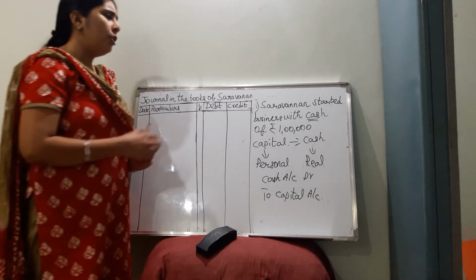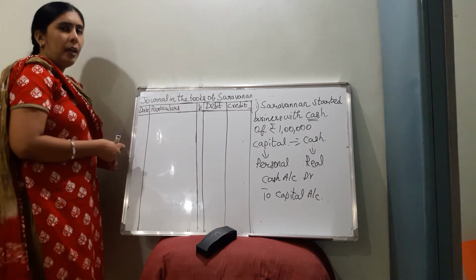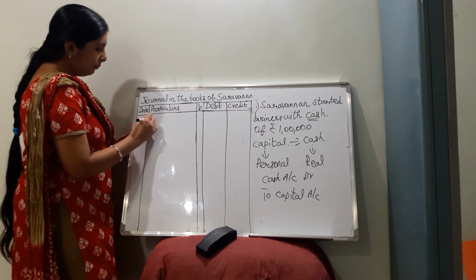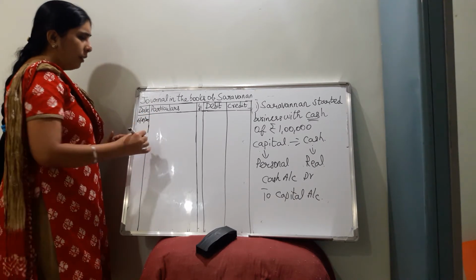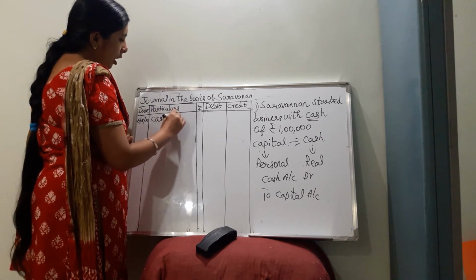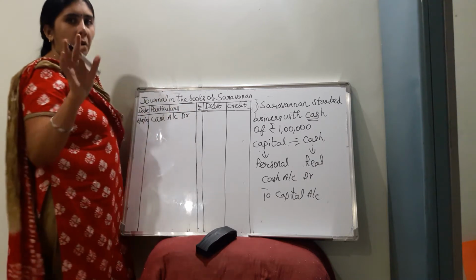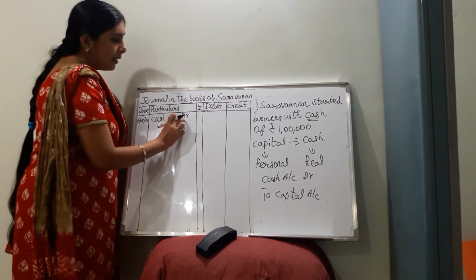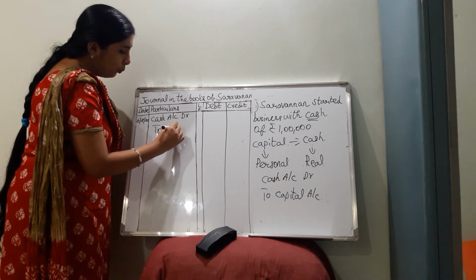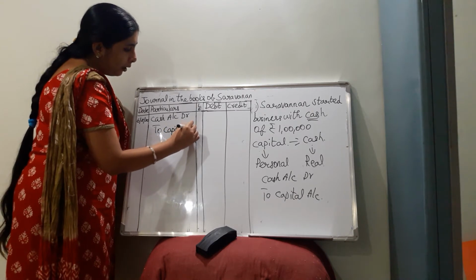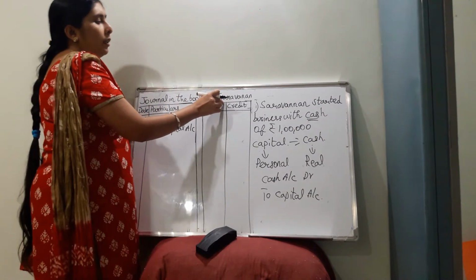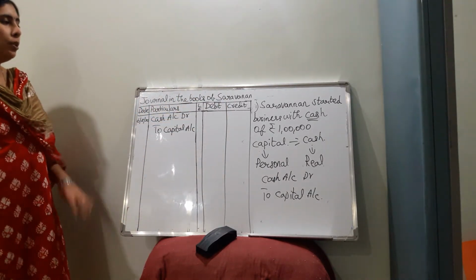Okay, here I have not mentioned any date. You can even mention today's date, as he has started business today. So what is today's date? 6/8/20. Okay, if anything is not given also you can leave it, it's not a problem. So cash account, AC stands for account, you need not write it in full. Cash account Dr. stands for the debit. Okay, for the credit we have to mention it as to capital account, or you can even write to Saravanan's capital account. Both are same. As I am doing it in the books of Saravanan, I have just mentioned it as to capital.